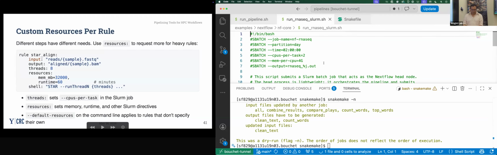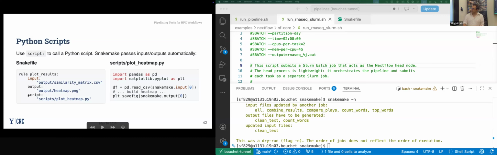So someone had asked before, well, what happens if I have this 1,000-line script that is one of my steps to my pipeline? Can I just call that somehow? And I mentioned that yes, you can definitely do that. You can simply do it through the shell block as we used before for shell script and just say like python myscript.py. You can also use a different directive called script, where you just pass it the script, and then you can use in your Python scripts or your R scripts